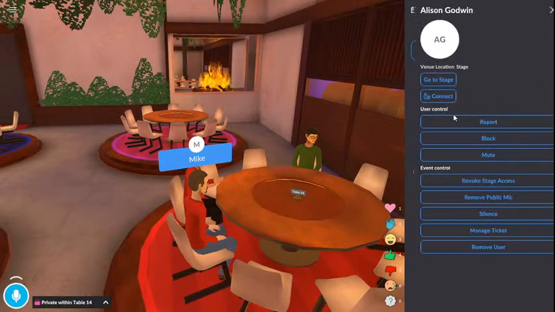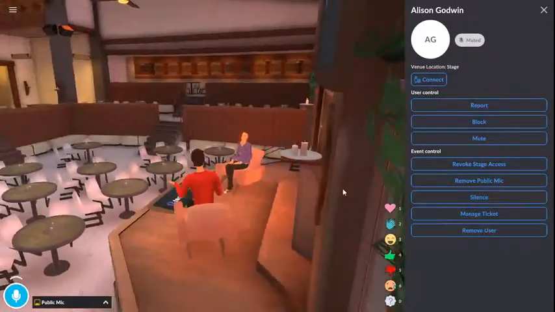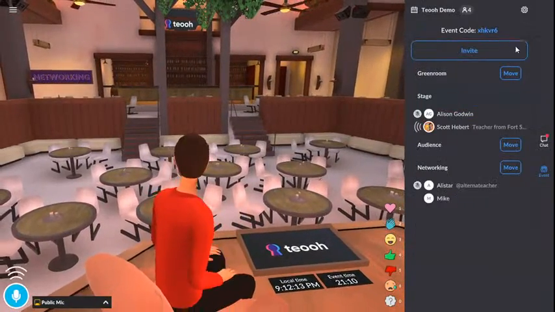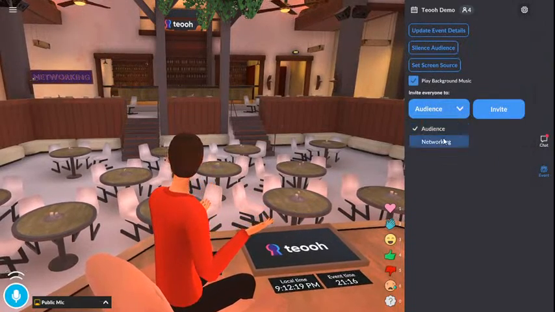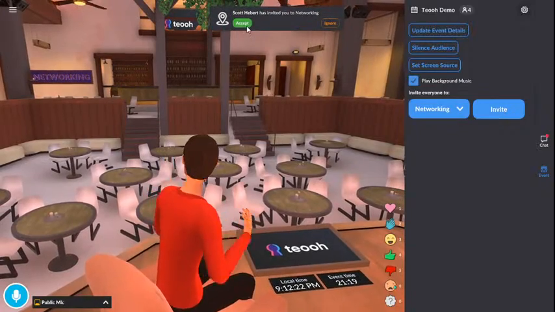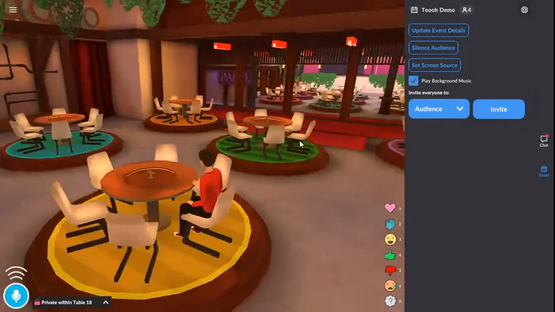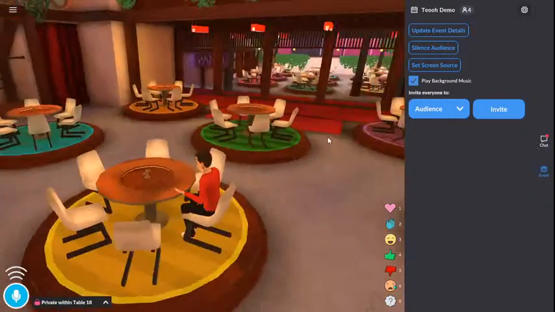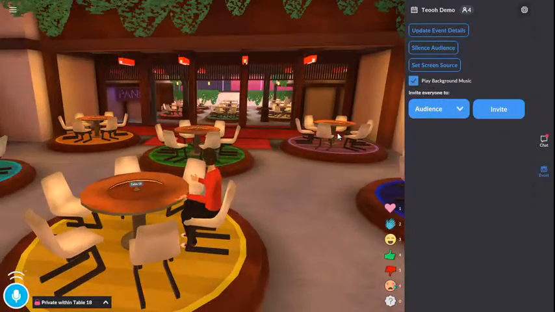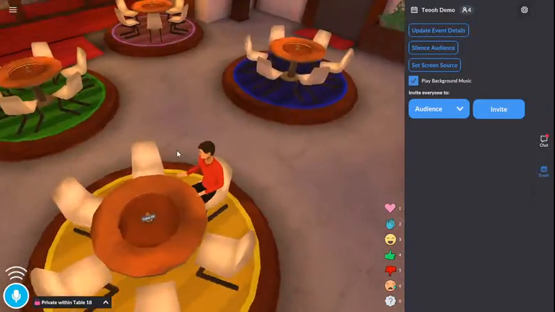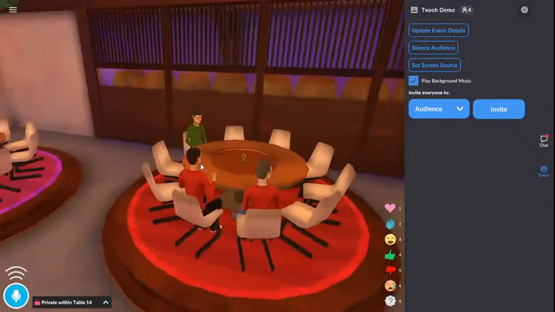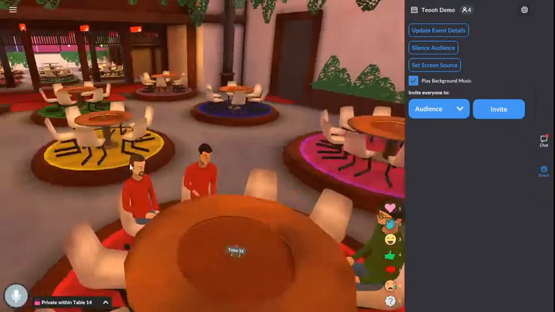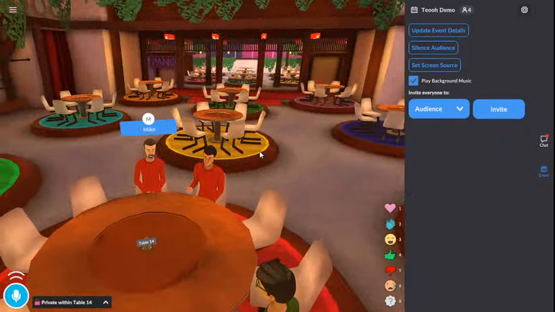And then if I go to Allison, it's going to say that she's on the stage and I would join her on the stage. And then what I can do is under here, I can invite audience to networking. So now you should have received an invite into the networking room. 2 of you are already here, so it would just be kind of for Allison, I guess, so to speak. But these would be your breakout rooms. So right now, if you're listening to the live stream, you can hear me. And now table 14 can hear me because I've joined table 14. So I gotta say, that's a pretty slick feature.